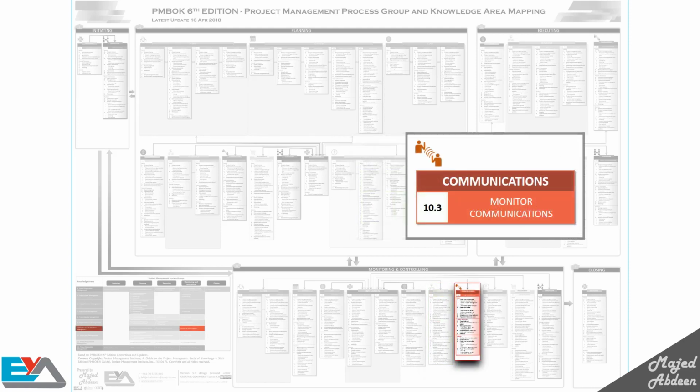The previous processes in monitoring and controlling have been focused on controlling, but now that we move on to communications, we are monitoring, not controlling. That's because you can't really control communications, you can only monitor them. When you're conducting monitor communications, you're ensuring that the communication requirements of both the project and the stakeholders are met correctly. Throughout the project, you and the project team send many emails and